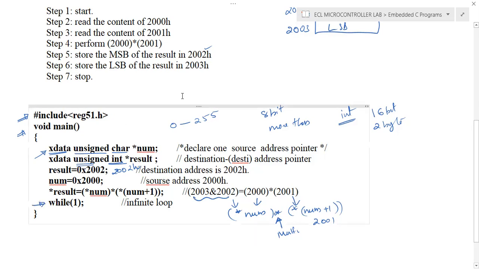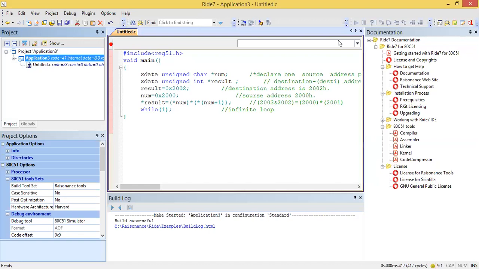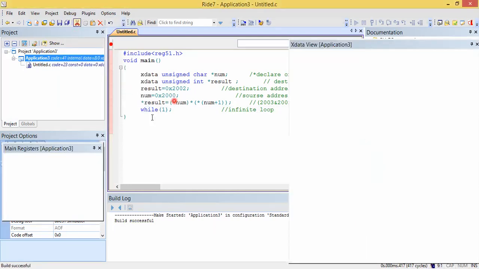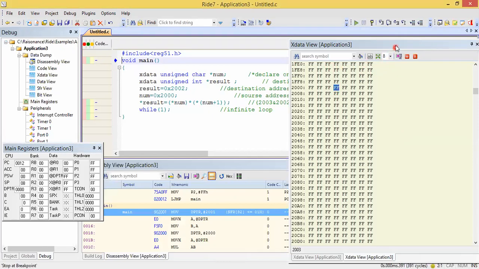Now we can see how we can execute or debug this program in the compiler. This is the Keil C compiler. We'll see how we can perform the operation on it. This program is already successfully built. Now we can go to the execution part or debugging option. Here you can see the xdata view, which is the xdata memory location, and we need 2000. We need to verify the data content in 2000.